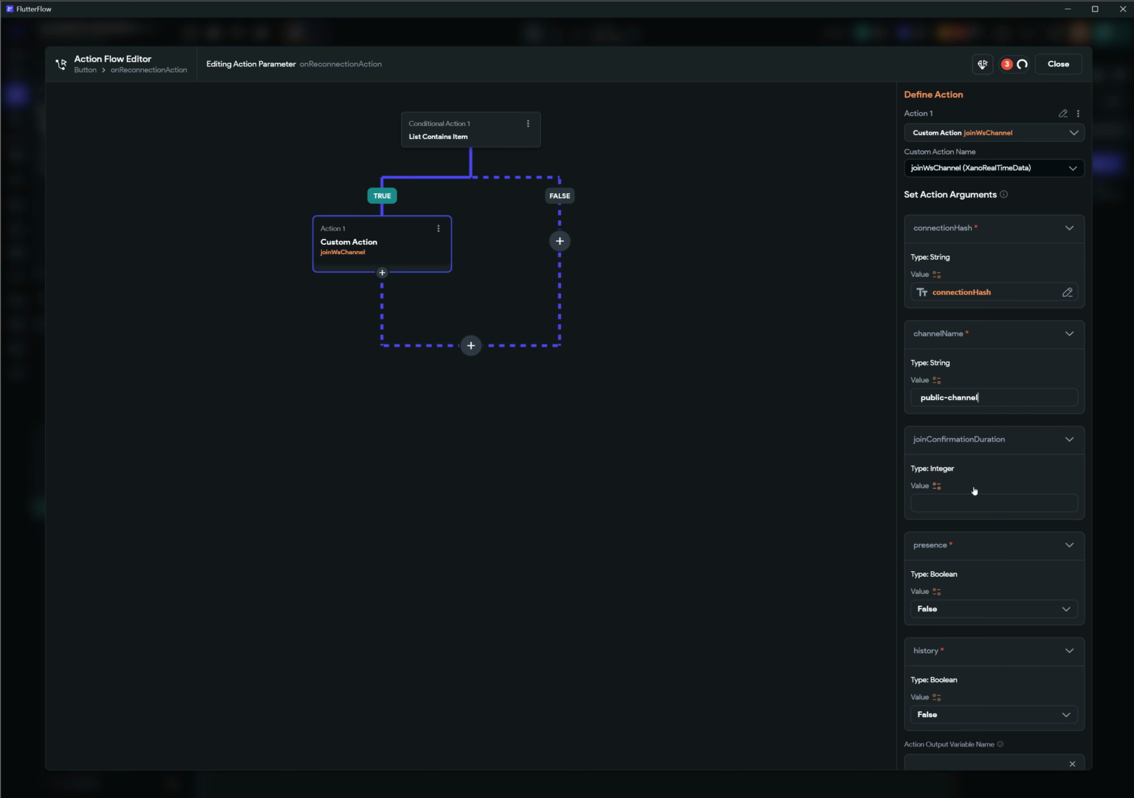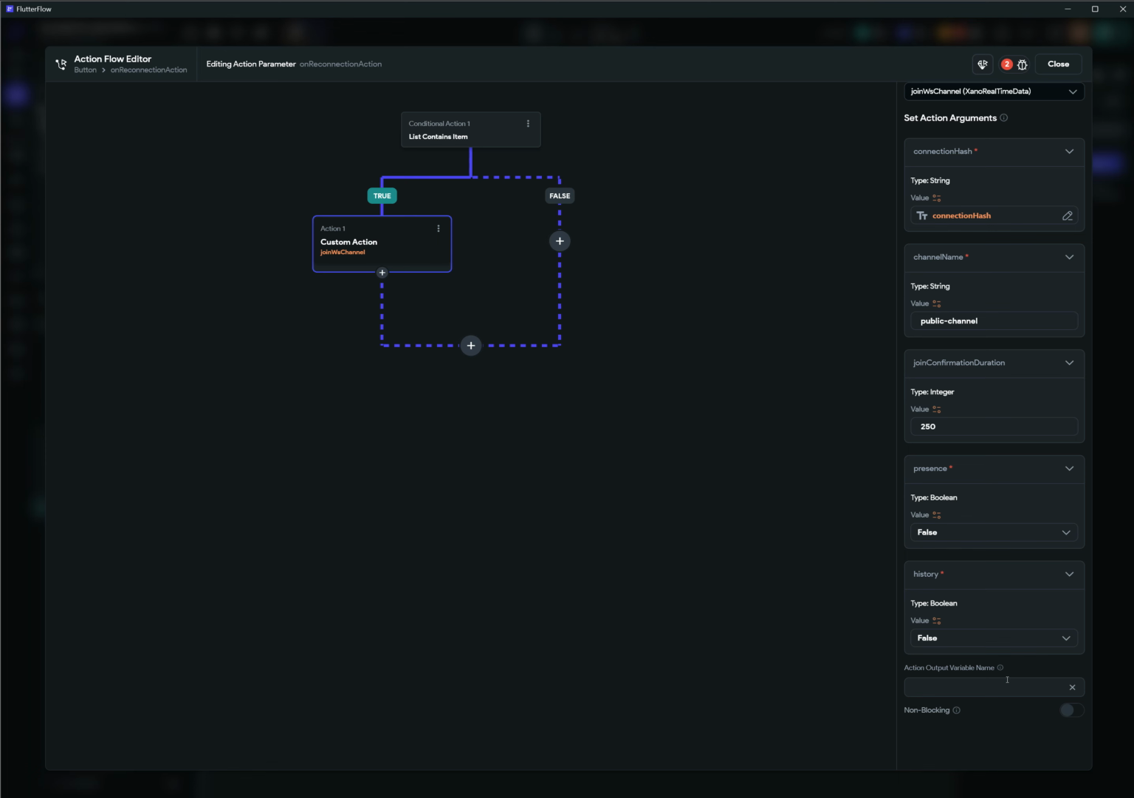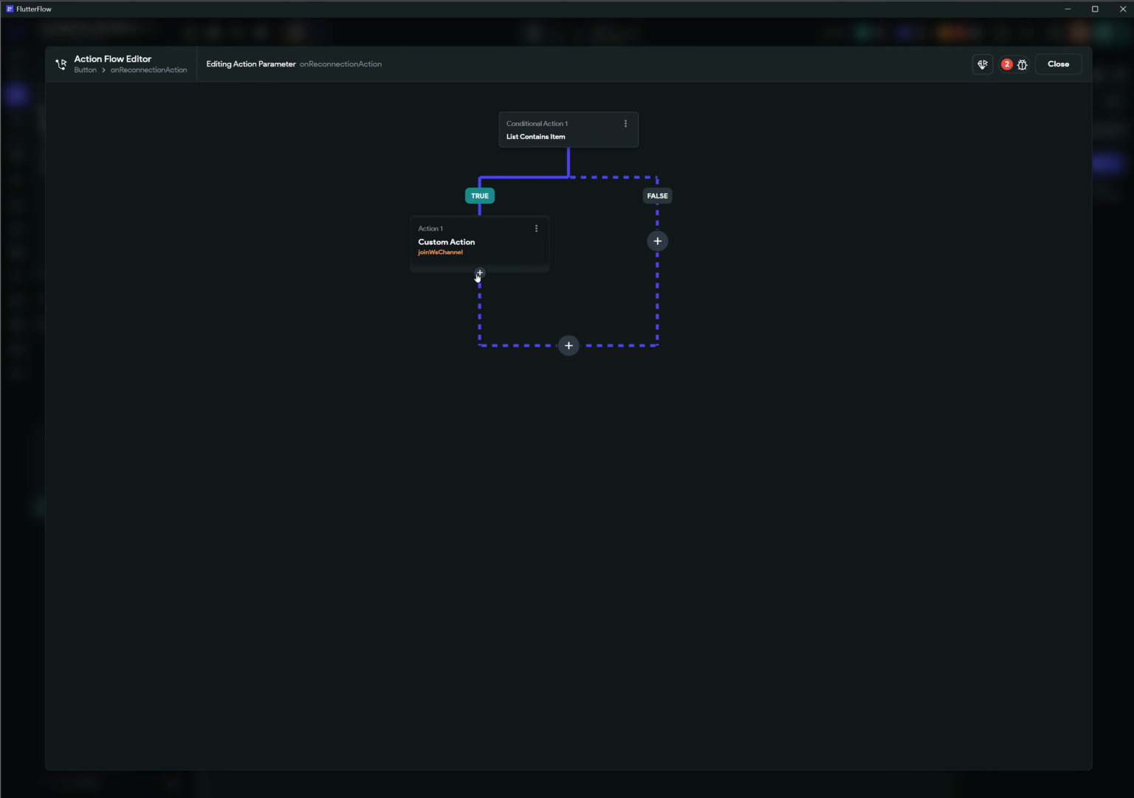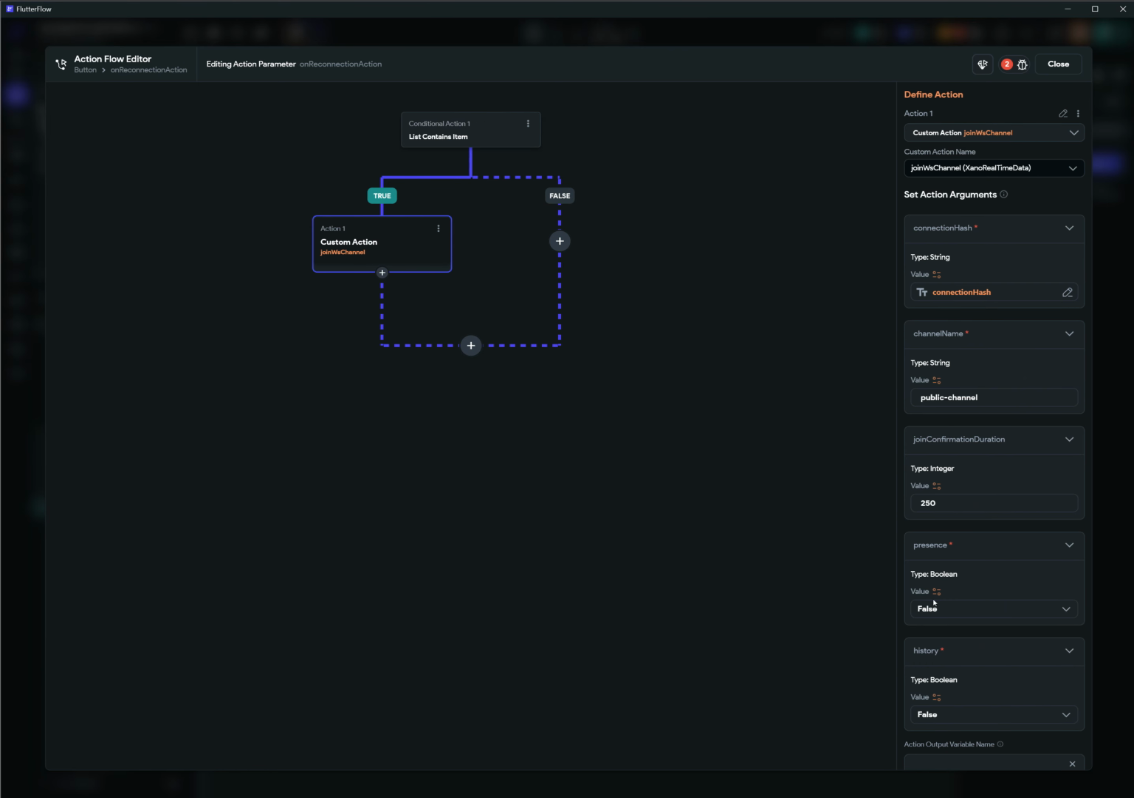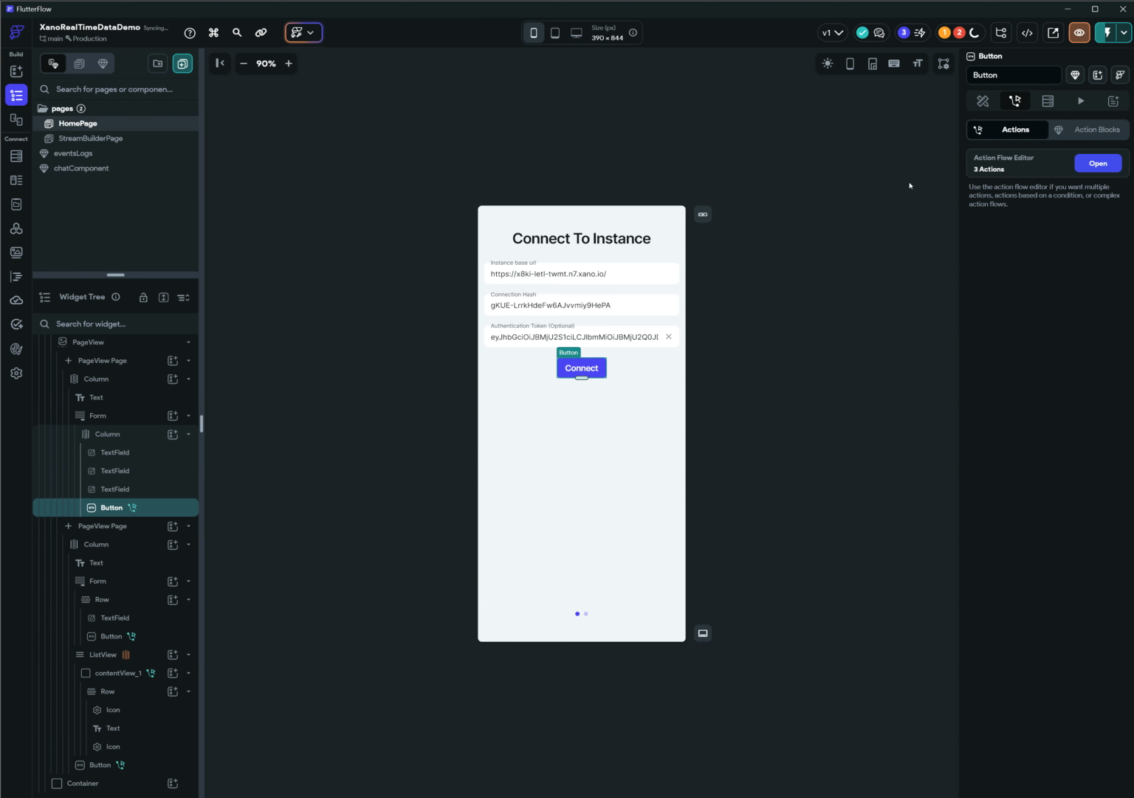Join confirmation duration, and here we are going to use 250, and that's it. For now, we're going to leave it as it is. Where's the error arguments? Oh yeah, I have to set this, otherwise false. Okay,